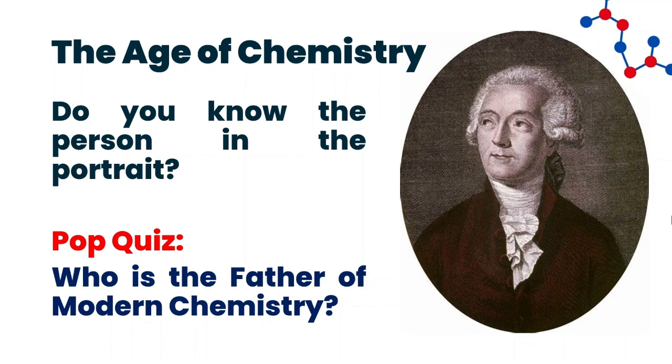All right, let's make this a bit interactive. So I have a question for you here. Do you know the person in the portrait? Yes or no? Who's known as the father of modern chemistry? Who knows the answer? Very good. Good try. The correct answer is Antoine Lavoisier. He is often called the father of modern chemistry. Lavoisier not only named oxygen and hydrogen, but he also helped develop the metric system, showing how chemistry connects to everyday life. We'll learn later his contributions to analytical chemistry as we move forward in this lesson.